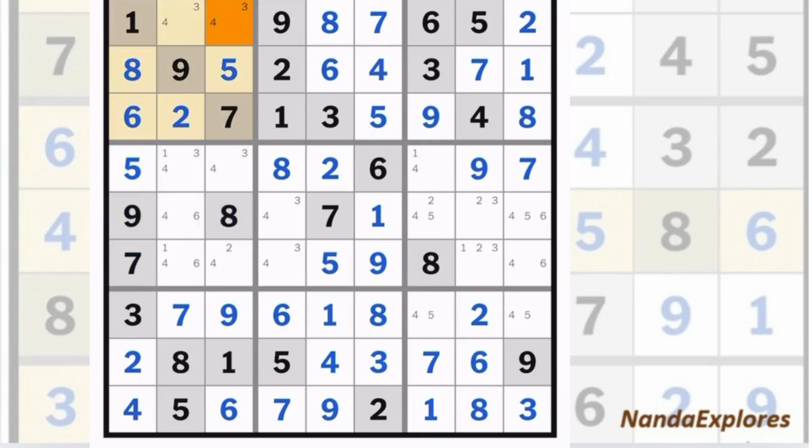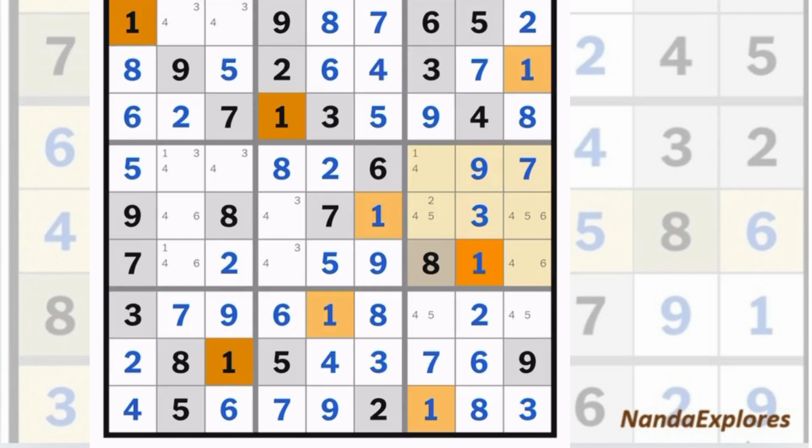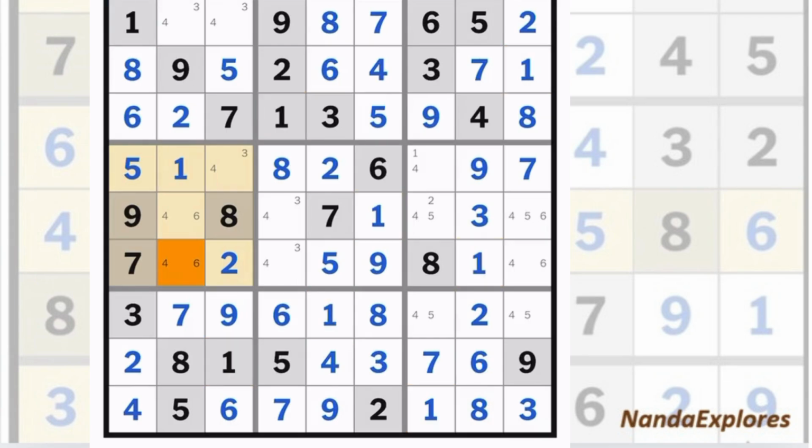So you see this is 3 4 3 4, in which case this is a cell where 2 is unique, so you post 2 there, and here you remove 2 from here. So here also you remove 2 from here, so this is a cell where 3 is unique, so we post 3 there and this becomes a 1, and here this becomes a 1. With that we have completed 1, so you remove 1 from here, so you have a 4 6 4 6,